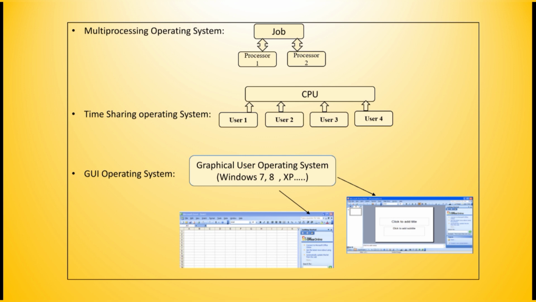Multiprocessing operating system. This operating system allocates more than one processor so that the job could be done with more efficiency and with less duration of time when compared to single processor. Time sharing operating system. It allows a number of users operate online with the same CPU, but each uses a different input-output interface.